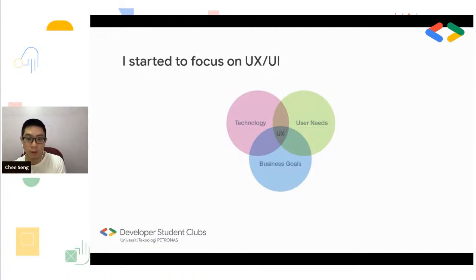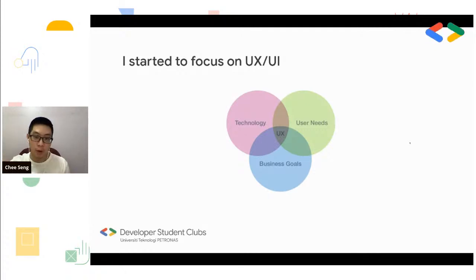So it's not just making things look good. It has to make sense to the user, the consumer. It has to make sense to the business, the company you're working for, the product you're working for. It has to make sense to technology, because most of the time it actually involves digital products nowadays, because digital products compared to physical products are much more easily accessible in terms of resources. It's not physical, it's software. So it's very easily accessible. You can get your tools very easily and start working on it, which is why technology comes into place.